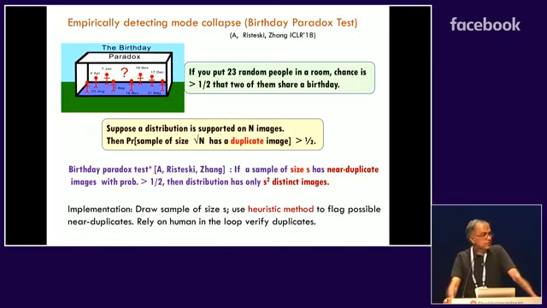So now how do you implement this birthday paradox test? You draw a sample of size S, and you use some heuristic method to flag possible near duplicates. Because S is going to be 500 or 1,000, I love my students, but I wouldn't want them to sit for a day and comb through thousands of images. So you use a heuristic method to flag possible near duplicates, and out of a sample of size 500, you may get 10 suspected near duplicates, and now the human will verify them. Of course, there's some judgment required in saying whether 2 images are near duplicates, because they're not going to be duplicates at the pixel level. They just look like the same scene.